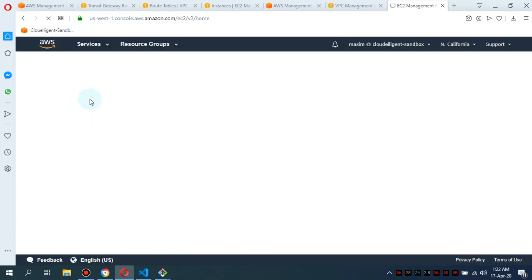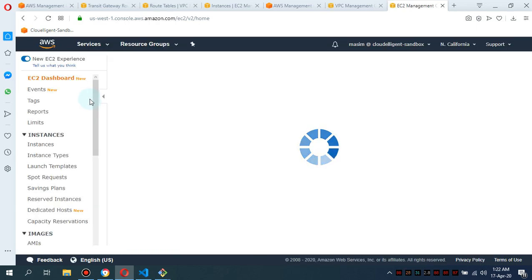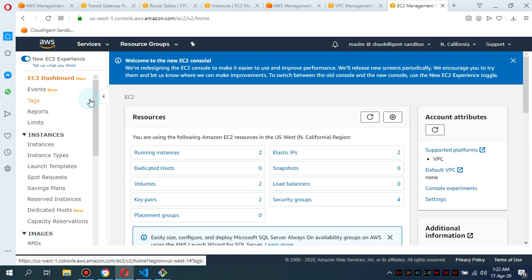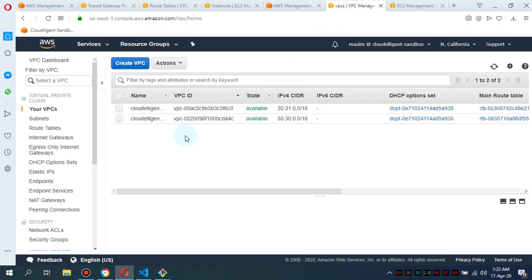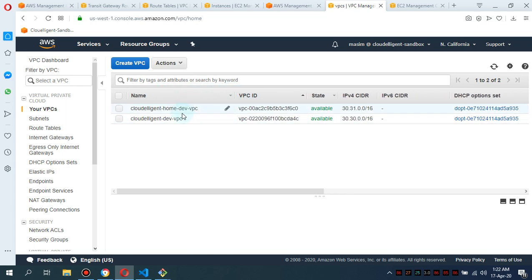Initially I had set up 3 regions, but I thought it would be difficult for you guys because of too many regions. So we have our routes set up, and we have the home VPC and dev VPC,